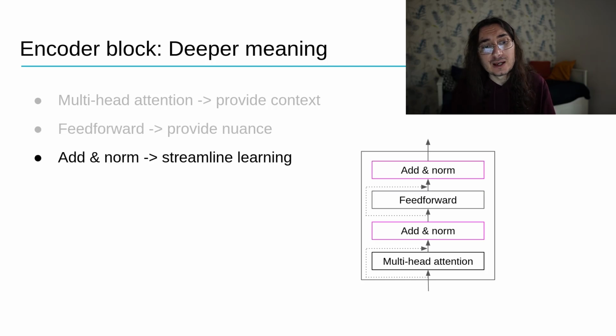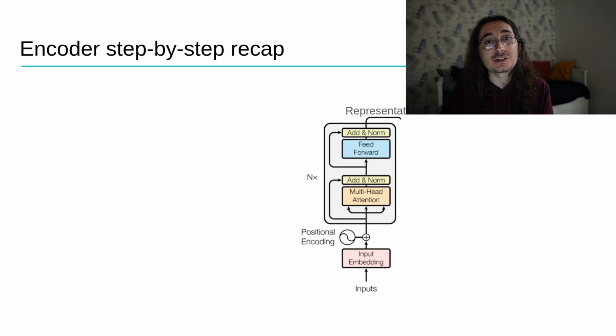And finally, the add and norm layer is a utility layer, really. It's used simply for streamlining learning and making it easier with huge deep networks with a lot of encoder blocks stacked on top of each other. Fantastic. Let's go back to the original image of the encoder, as we can find it in the Attention Is